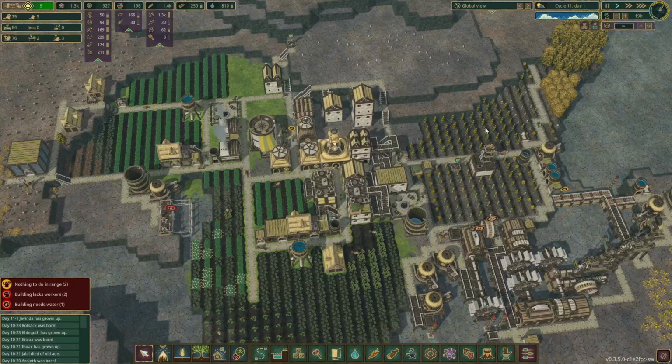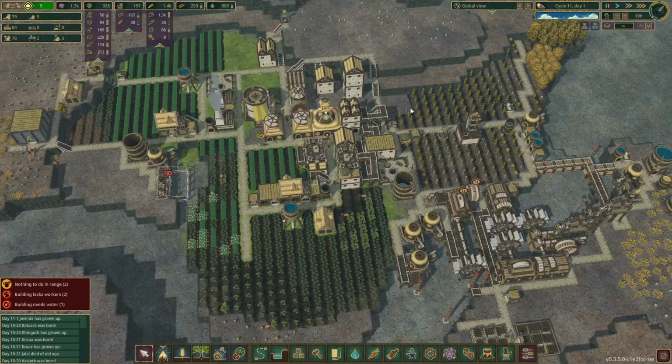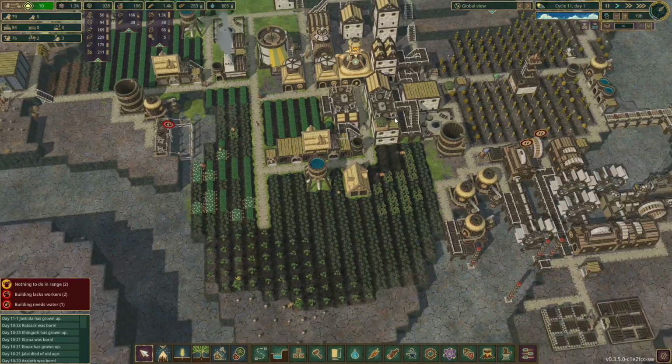Welcome to the city of Fargo, or I guess is it the map of Fargo? I don't know. But anyway, the save's called Fargo. I think that's what the city's called. I don't know. Don't hurt me. Okay, so